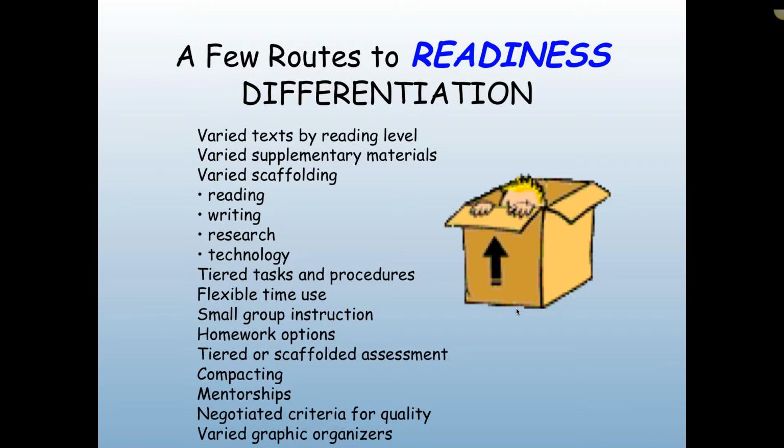Now, if you've never done it in your classroom, you just don't go to the hardest thing. You take one or two things and you start very slowly until you feel comfortable with that, and then you add on. You can't just jump in because you will drown in that pool as if you didn't know how to swim, okay? So obviously most of us do this because we have to. Our texts are varied by reading level. But do we have varied supplementary materials for the kids? Can we scaffold things in different ways? Can we take our tasks and place them in tiers?